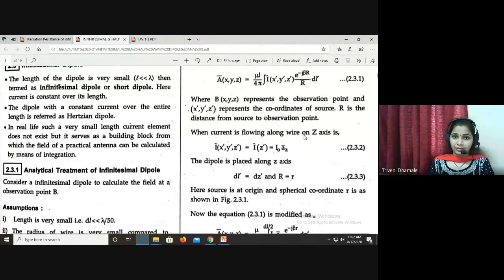We can't predict, but generally, as per the past question papers of RMT, only radiation resistance questions are there. Or in previous pattern exams, directly an 18 mark question was there, like a complete full analytical treatment of, suppose, a half wave dipole antenna. So it was an 18 mark question, but in the 2015 pattern, the questions are